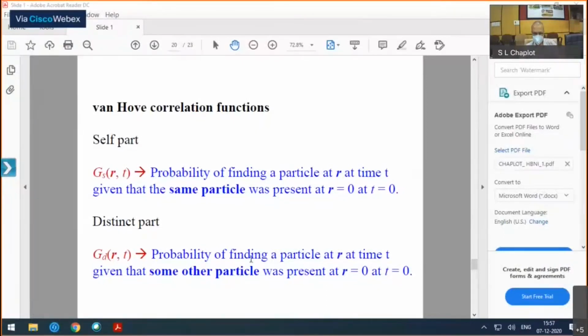That means this is collective dynamics, and this is single particle dynamics. When the same particle is vibrating in a periodic dynamics or diffusing in a stochastic dynamics, that will correspond to the self part. And it's collective dynamics involving more than one atom, let's say a phonon propagating in which various atoms participate, or when there is a correlated diffusion, when one atom is diffusing, it somehow affects the dynamics of another atom.